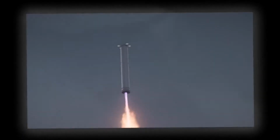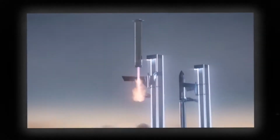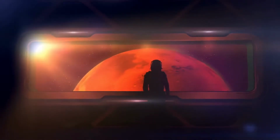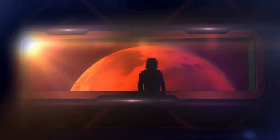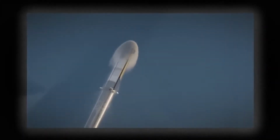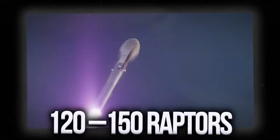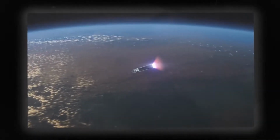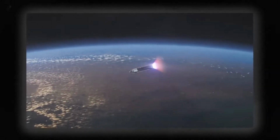Each booster and spacecraft will be reused hundreds of times. This would dramatically reduce space travel costs and transport the huge cargo required for the Mars mission. Musk calls it the holy grail of space technology. Even though the Starship 2.0 would require 4 times as many engines as the original, maybe 120 to 150 Raptors for the new Super Heavy and 24 for the Starship 2.0, the structure would only require twice as much steel